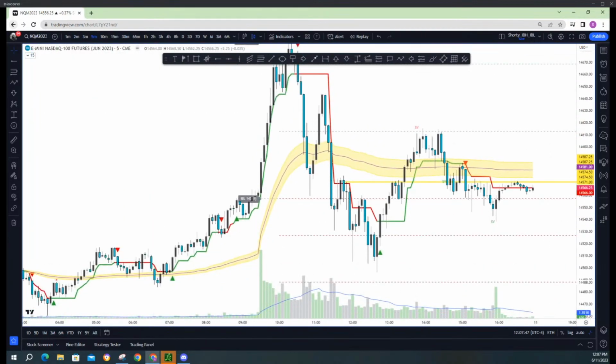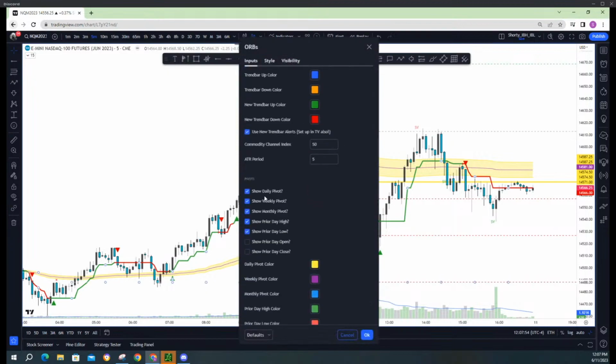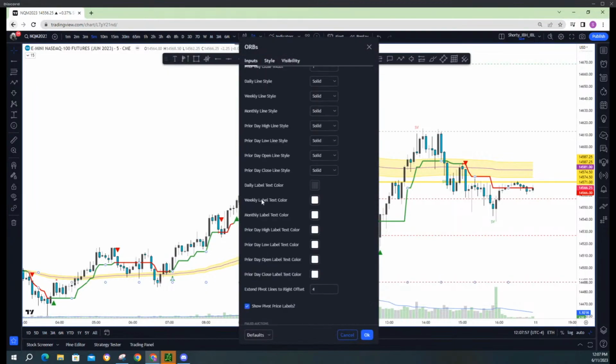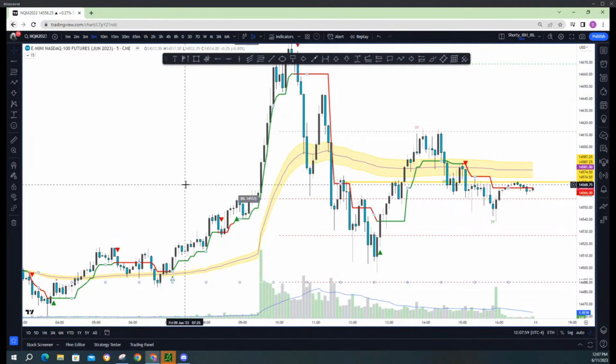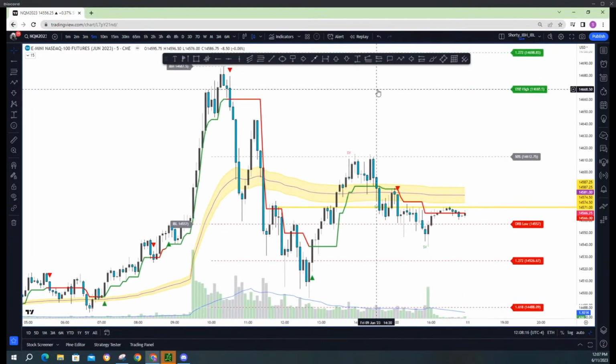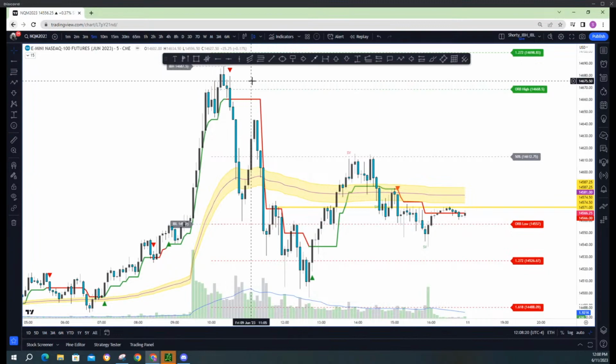Shorty, can you please explain again the pivots? I just didn't get it very well. Yep. So we have the daily, the weekly, and the monthly pivots, and the higher the pivot is, the more important it is in terms of support and resistance. Daily is not as strong as weekly. Weekly is not as strong as monthly. If the price is above those pivots, you're in bullish sentiment. If you have ORB high that's being met, let's say with the weekly, the daily pivot nearby, most likely